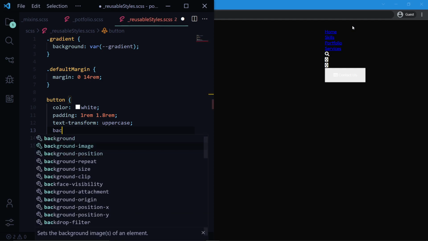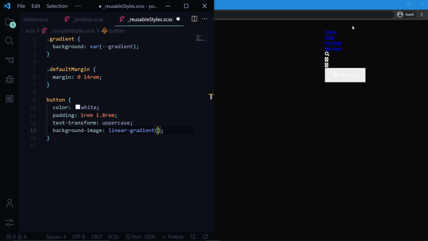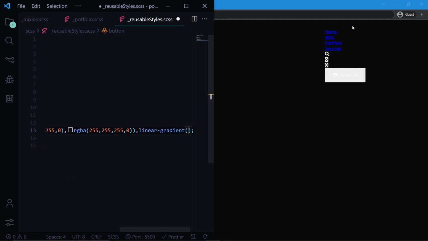First, let me write the background image, which is a linear gradient, RGBA 255 255 255 and of 0, write a comma, and again RGBA 255 255 255 of 0, and we have another linear gradient with to right,